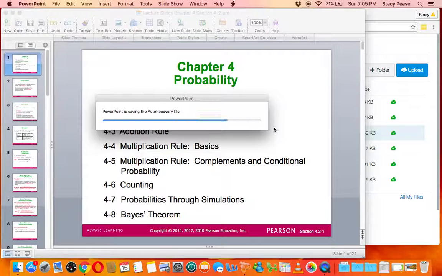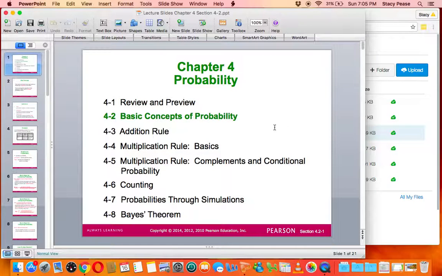Okay, that ends section 4.2 on basic concepts of probability. Up next, section 4.3 on the